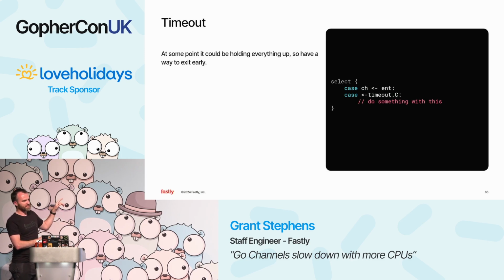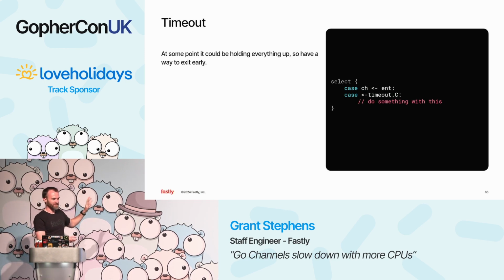So as well as the Go max procs, we actually did implement this too, just as a fail-safe basically, saying, if we get to 5 seconds and we still haven't sent this message on this channel, throw it away. We don't want to be waiting that long. There's other messages in the queue that we need to get to, rather. Cool.